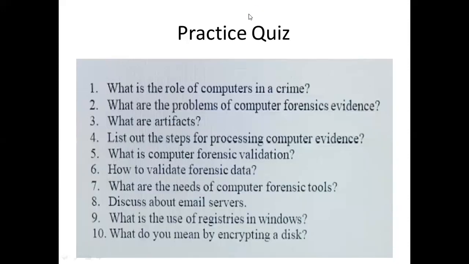So this is the practice quiz that I've informed you about already. I think Nikita should have sent it to you. I want each and every one of you to answer this question. It's just a one-line or two-line answer, maximum. It's a 2 mark answer. Write about it, take a pic of it on an A4 sheet, and send it to the same folder where I asked you to place the assignments.